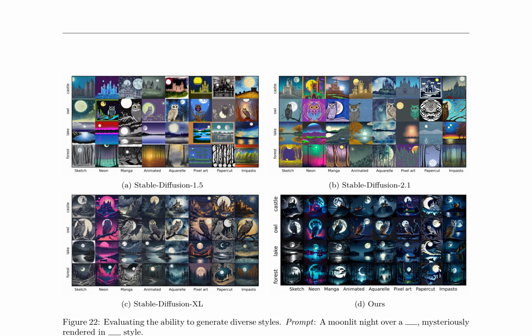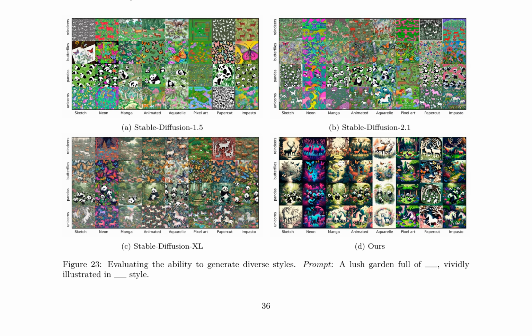In Figure 22, the prompt is, "A moonlit night over a, mysteriously rendered in style." Here, the proposed model effectively captures the mystical atmosphere of the scene, rendering the moonlit night with remarkable detail and realism. Finally, Figure 23 presents the generation of a lush garden full of, vividly illustrated in style. The proposed model successfully captures the vibrant colors and lushness of the garden, demonstrating its ability to generate diverse styles